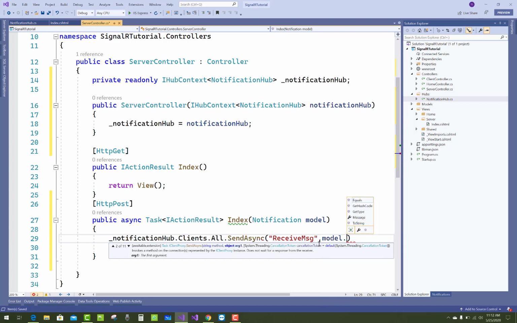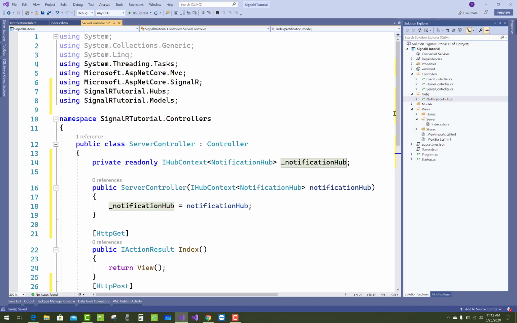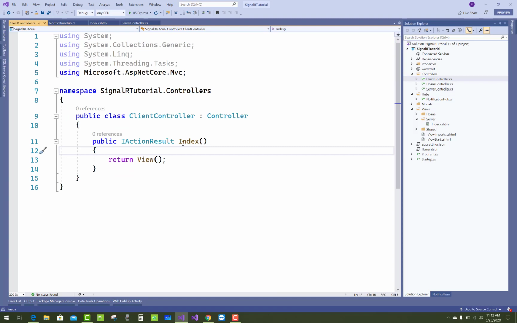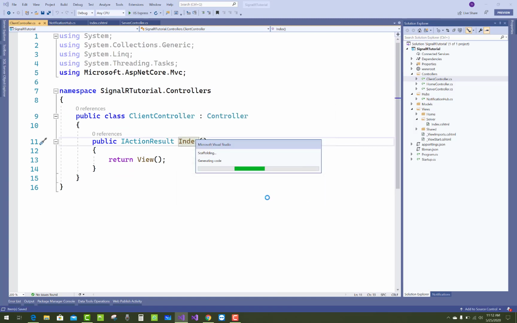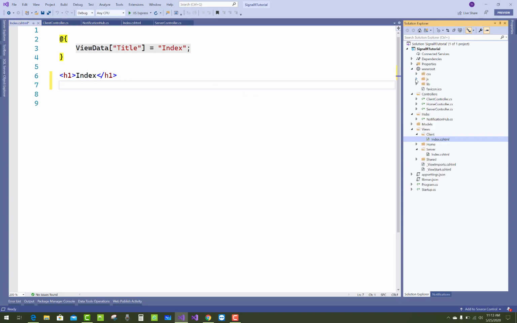So notificationHub.Clients.All.SendAsync, here you can send the message to all clients, that is the message from the notification class. Okay, so the server task is completed. Now just come to the client task, and the client receives those messages without any refresh and without any request. You can say that is the push notification.